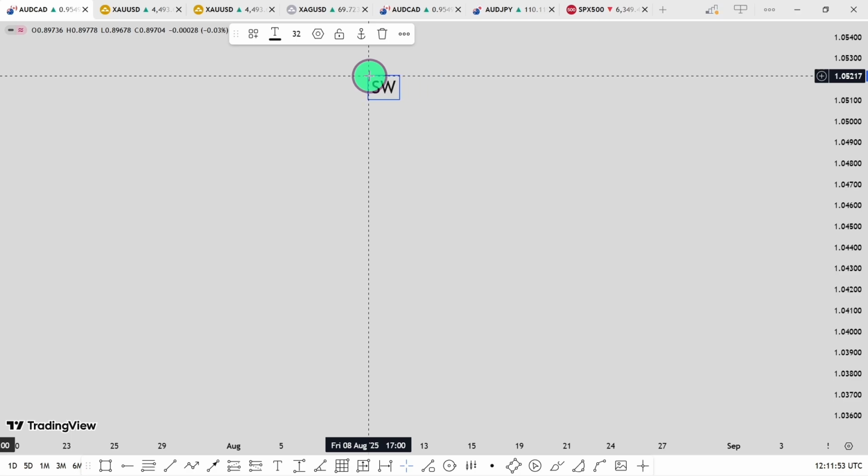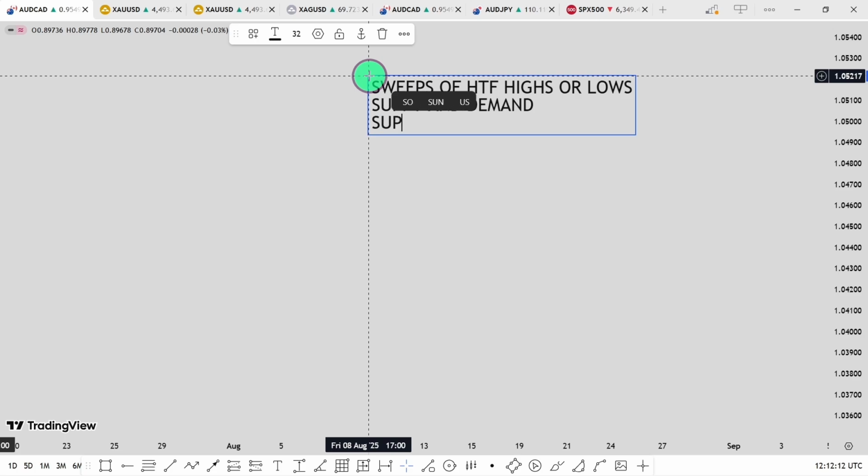So sweeps of higher time frame highs or lows, either we have a high taking or we have a low taking, and then we have supply and demand, and support and resistance, and then we have the